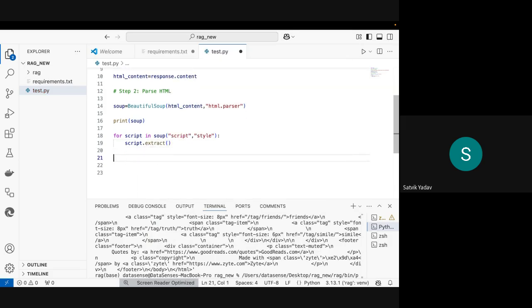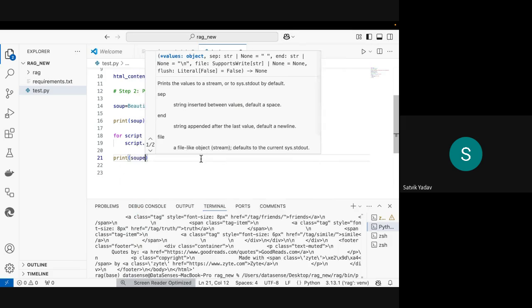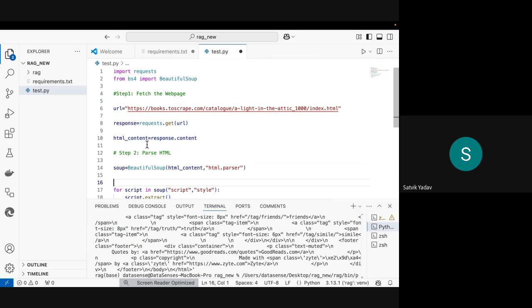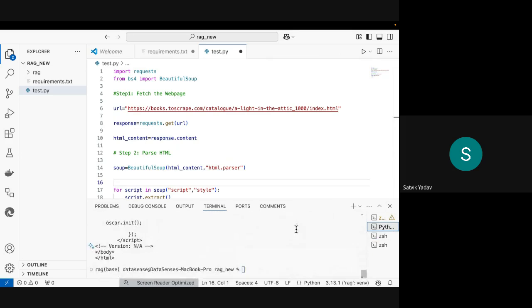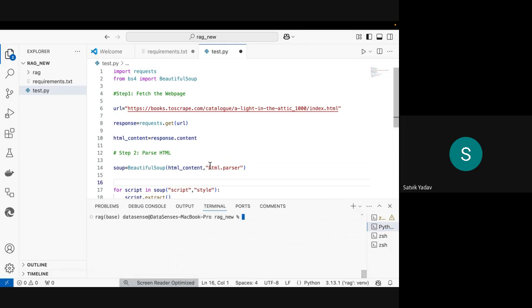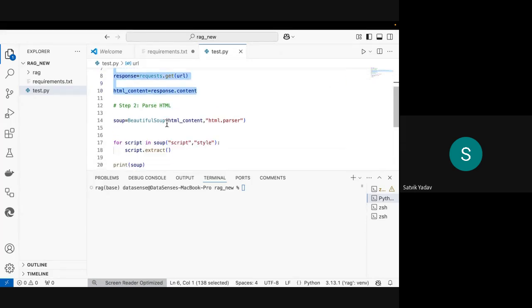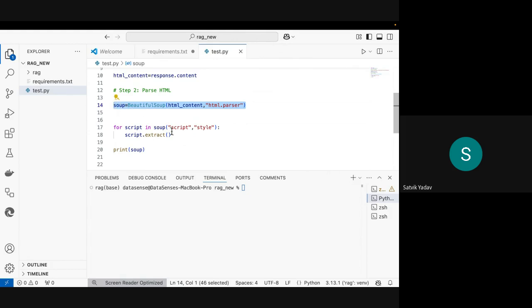Now if you print soup, you will see a better page. So let me show you. Now let's see what comes. So what I did, first of all, I extracted the raw HTML. From that, I parsed the HTML part. Then I'm removing the tags with script and style, because script and styling are basically JavaScript files and CSS files, right? I need to remove those tags. I don't need them. Now when you run this code,